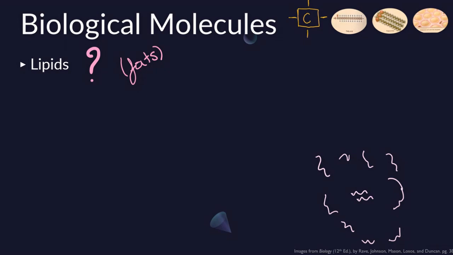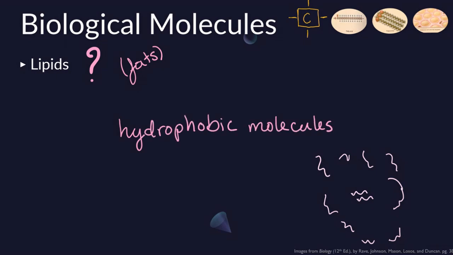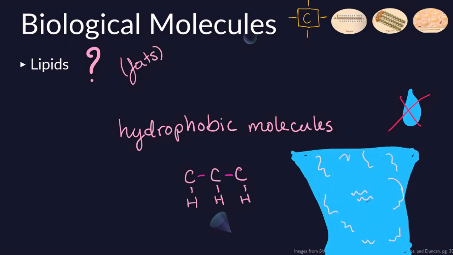Generally speaking, lipids are mostly hydrophobic molecules, meaning they are mostly not soluble in water, and they are made up of a lot of carbons and hydrogens bound together. This contributes to their hydrophobic nature, and it causes them to aggregate or cluster together when they are placed in water. This forms what we call globules. This aggregating property, how these molecules all clump together when they are exposed to water, is really the defining feature